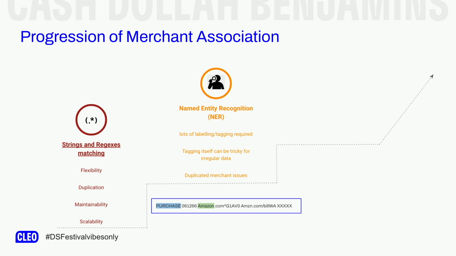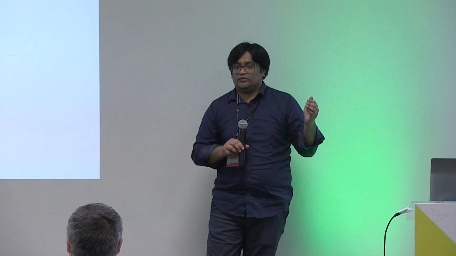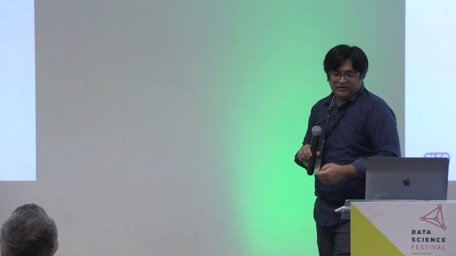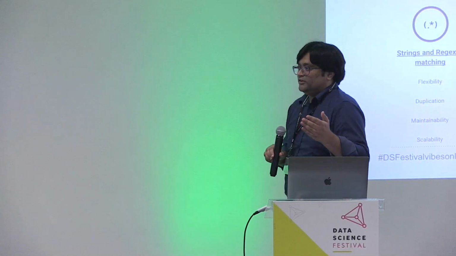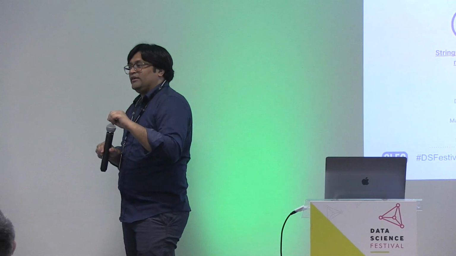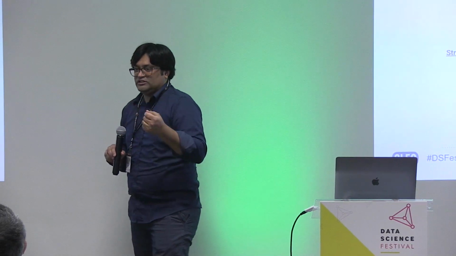So we already have some data available where, through our regex matching, we have the raw transactions and the associated merchants that we can use to label and tag those transaction descriptions. For example, if this transaction description was already processed by the existing system and we have Amazon as a merchant for that, we can see where Amazon happens in the tokens and label it as a merchant entity, and train our system on top of that.